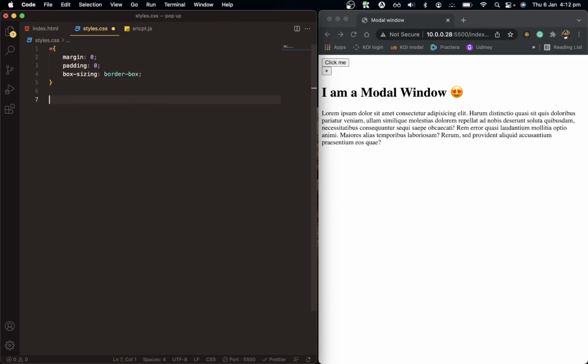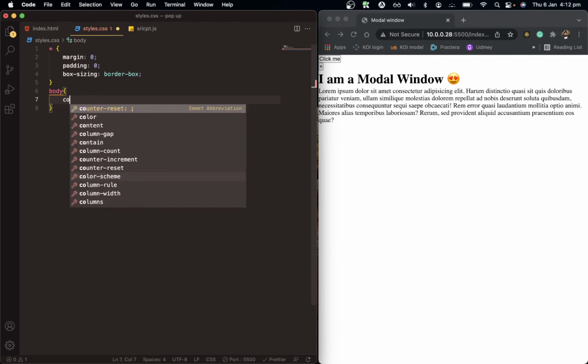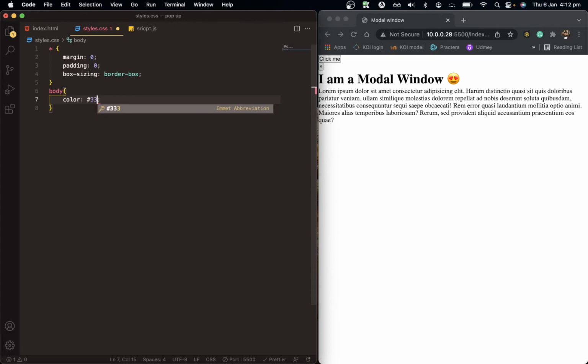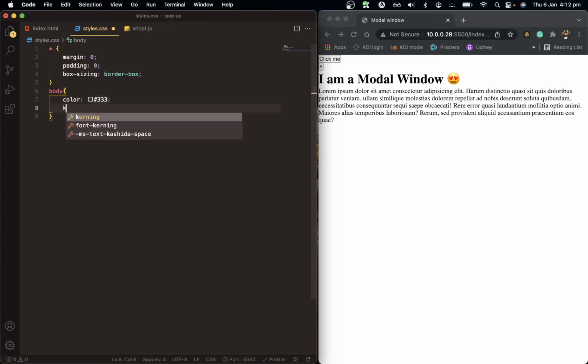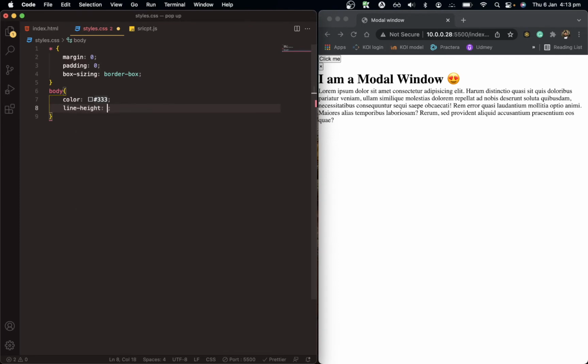Now let's go to the body tag. Here we will simply change the color of the body, and I will keep it 3. Now let's change the line height to 1.5,